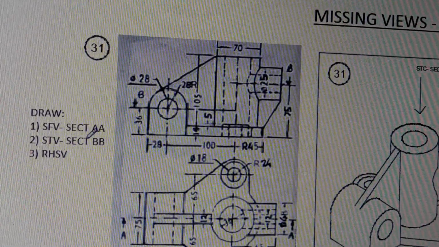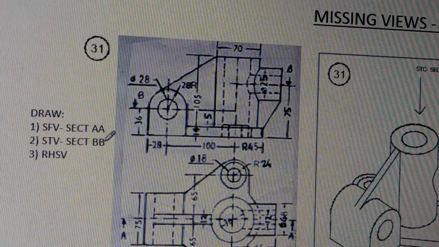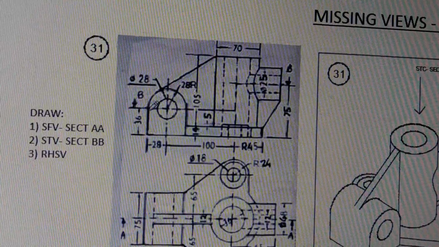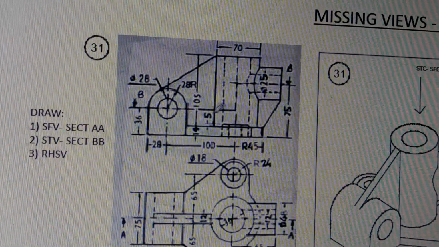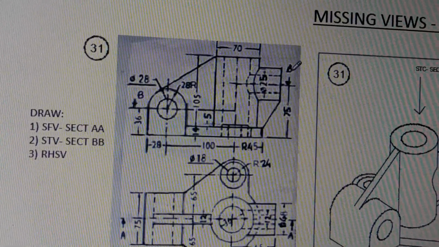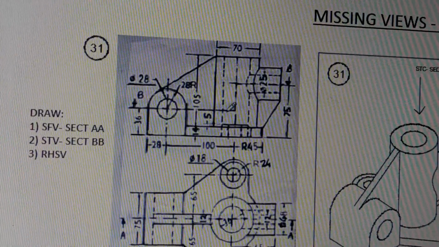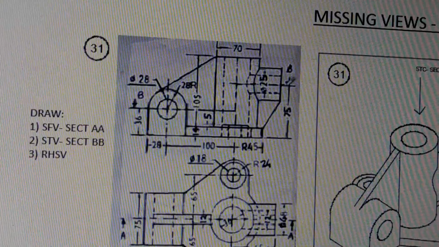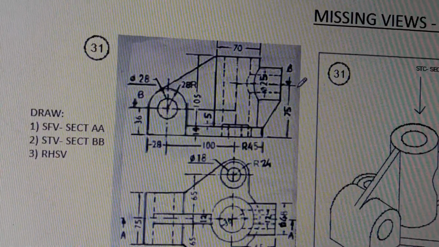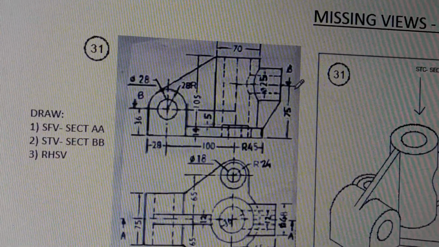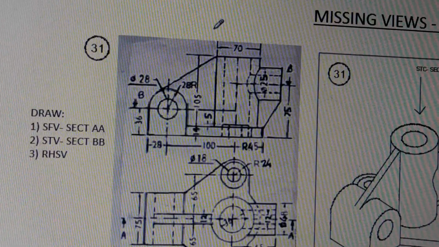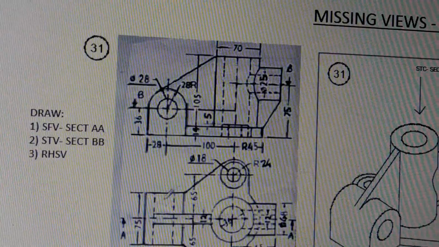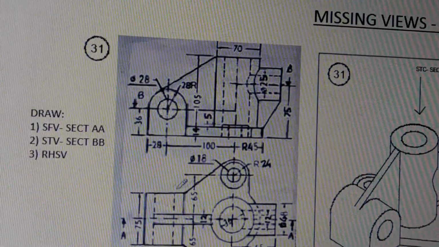Now you have to cut the front view to create sectional top view section BB. So this front view, when you cut from here, the cutting plane is marked B here and B here. That means the cutting plane is going up to here, then it takes a turn going up, and then it comes out from here. So sectional cutting plane BB is a zigzag cutting plane. After you cut, when you see from the top, this top view will become a sectional top view.